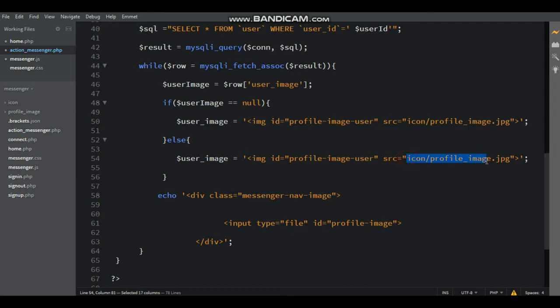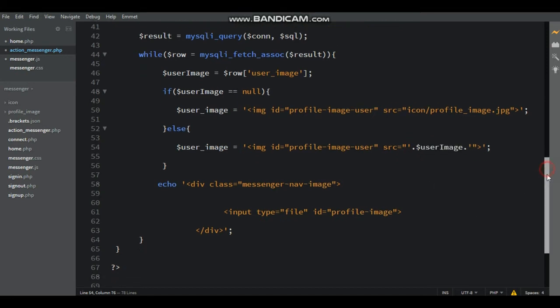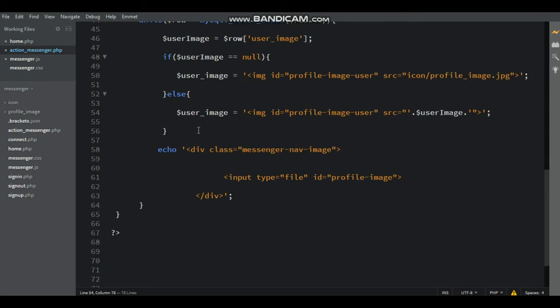So here source equal to inside double quote, again write single quote, inside double dot, paste user image, and then user image displays inside the div. Class is messenger name image using single quotes.